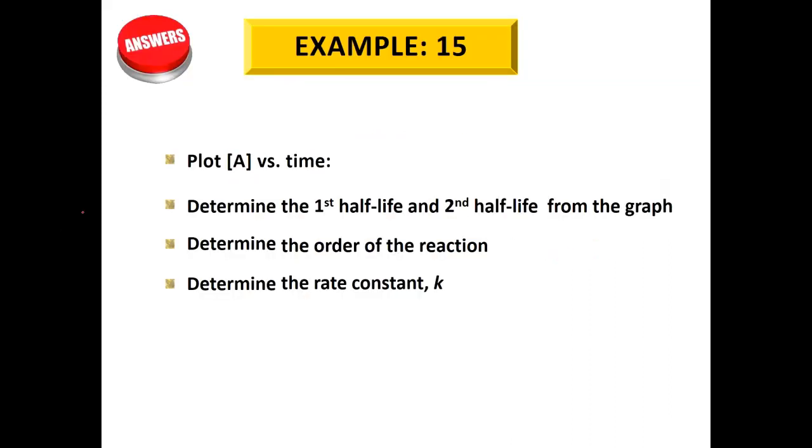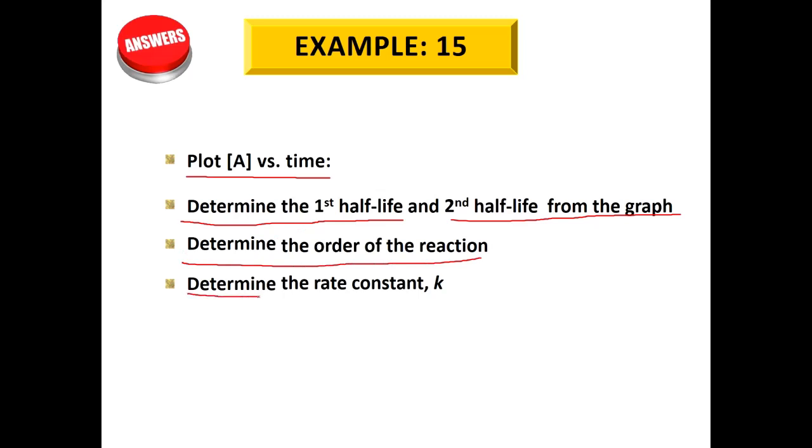For the half-life method, firstly you have to plot A versus time. Then you have to determine the first half-life and the second half-life from the graph. Third, you have to determine the order of the reaction, and lastly you can determine the rate constant